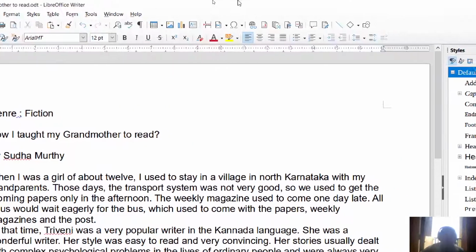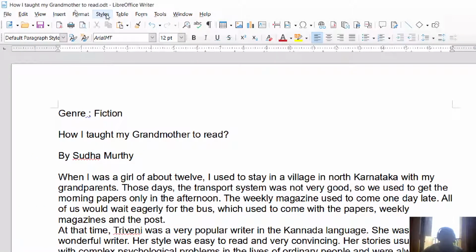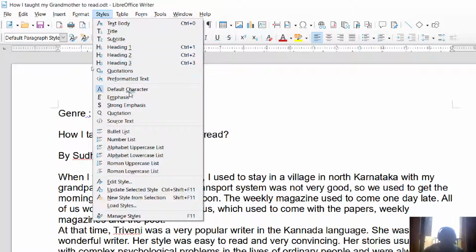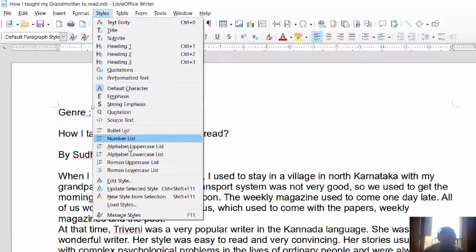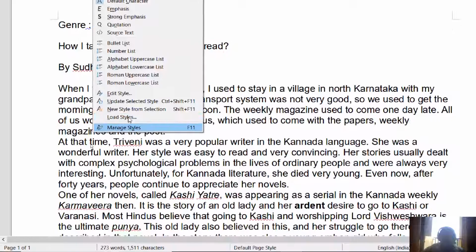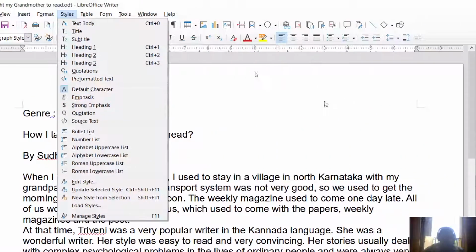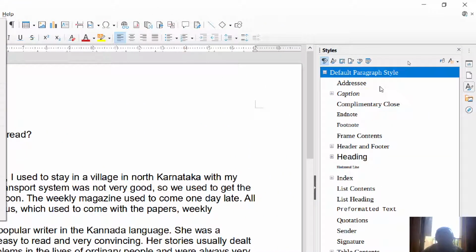Apart from this, you can also access this from the styles menu over here. Within the styles menu also you have some commonly used styles, like paragraph styles, character styles, list styles, and various other options also. So we are going to use the styles deck over here.